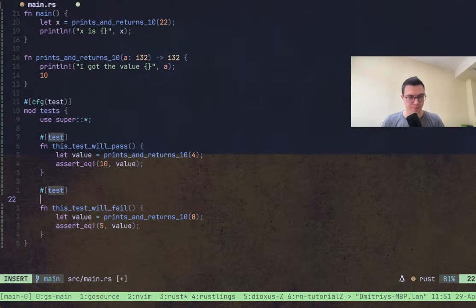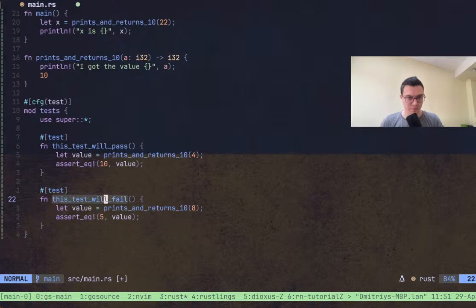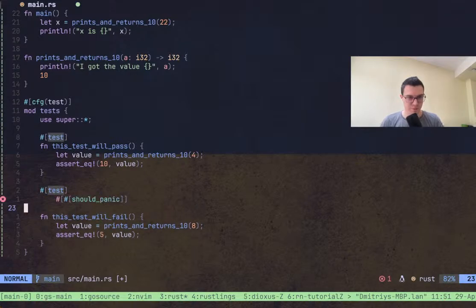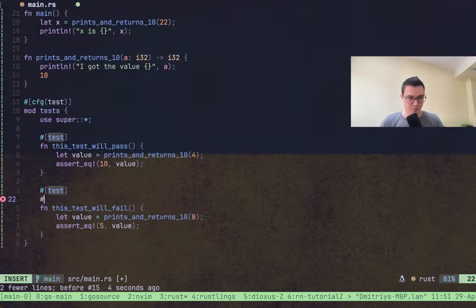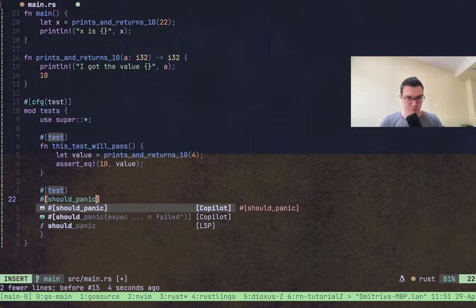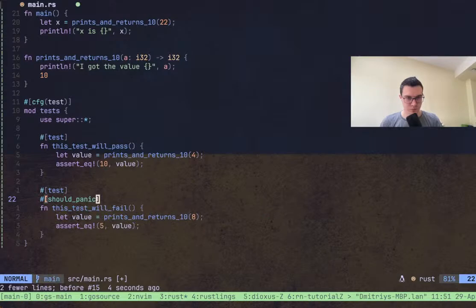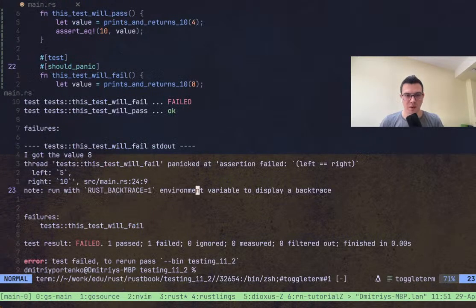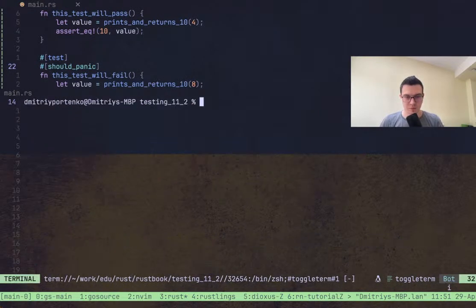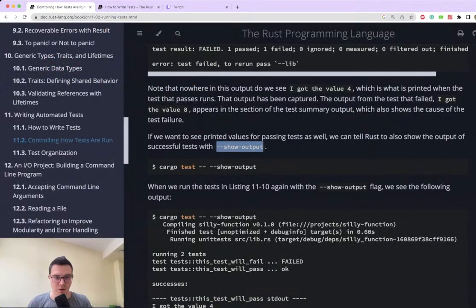So if we do like this, and then cargo test and show output,